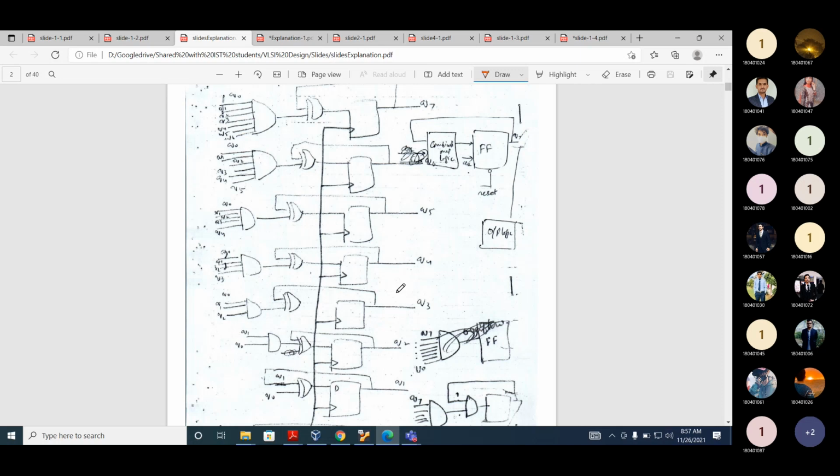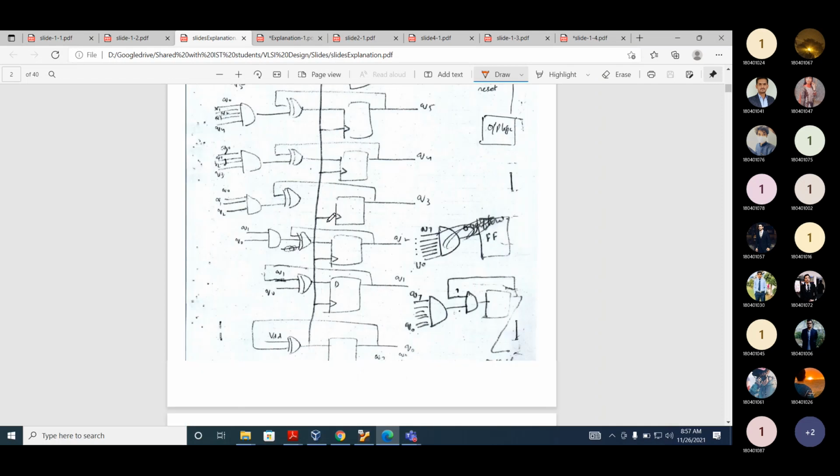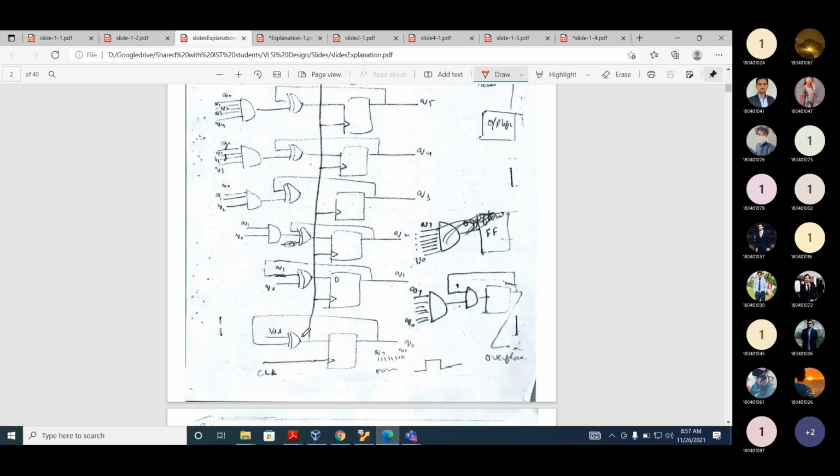This is a schematic of a counter. If you remember, we studied a 2-bit counter previously. In any counter, the LSB switches on every clock cycle.